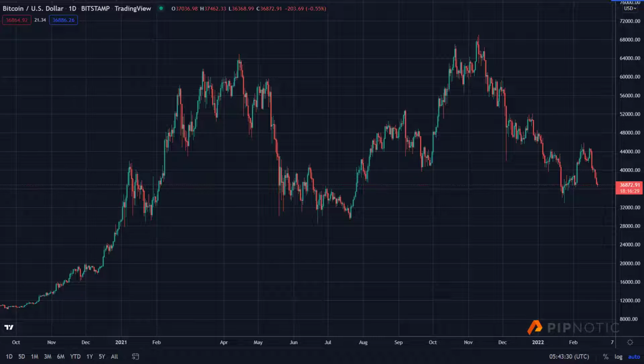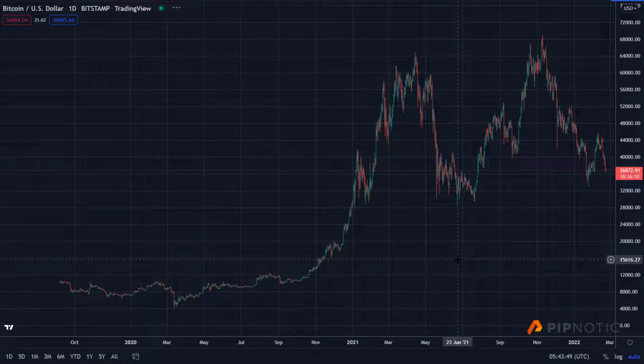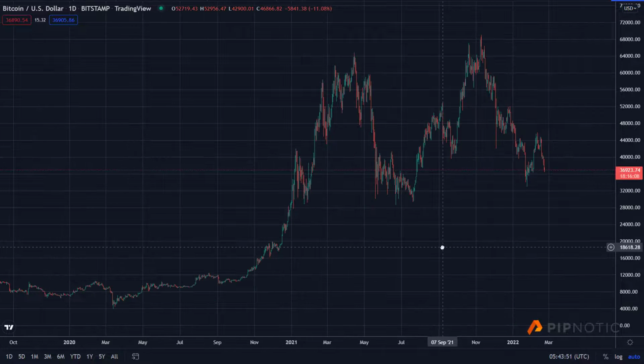So I've been getting requests every day about Bitcoin, so let's just have another look at this to try and find some interesting price points, and then also discuss why price is likely to go to these levels based on liquidity distribution.